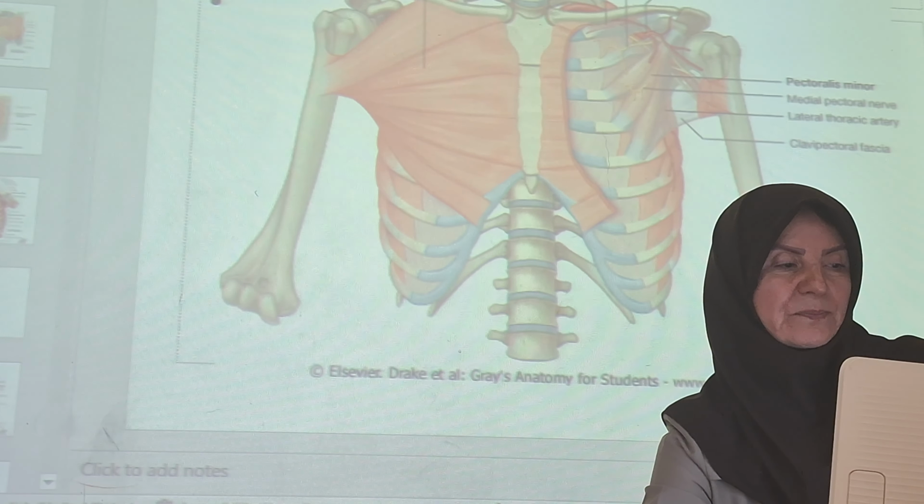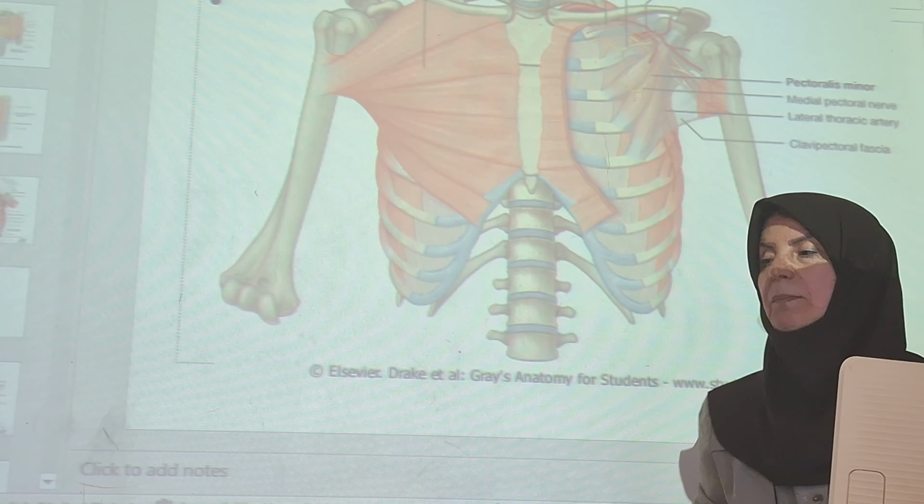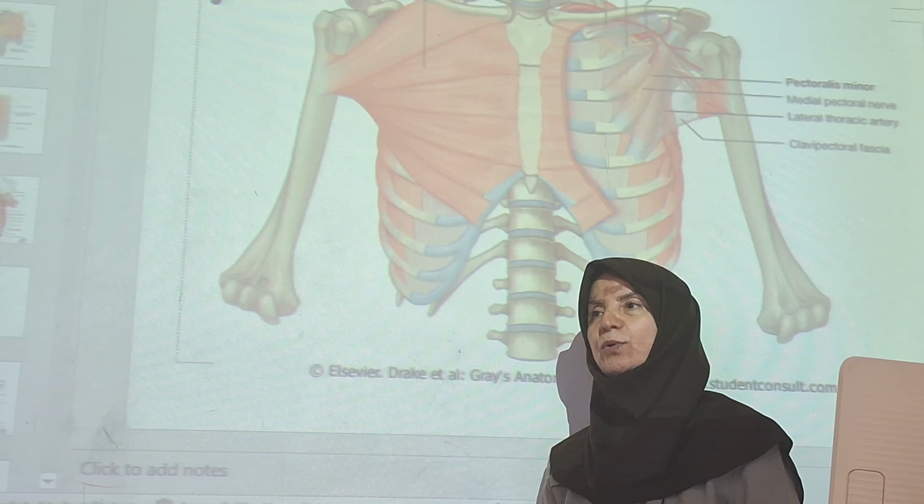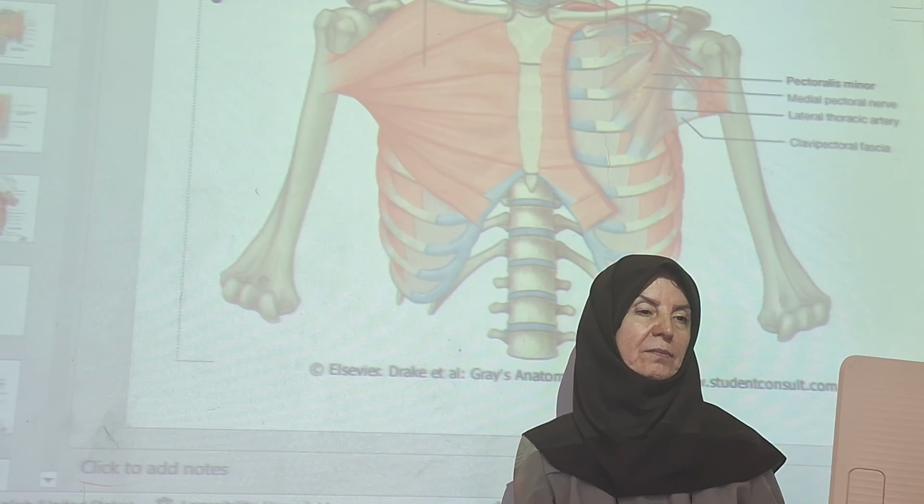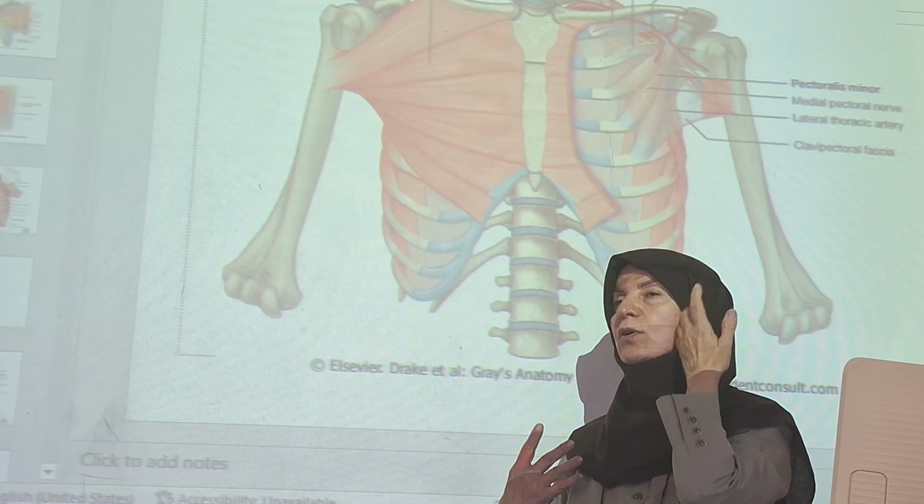Now look at here. Muscle in the thorax is easy because most of the muscles are the same to breathe in the upper limb. To be able to explain the anterior muscle, you